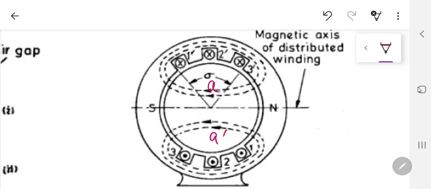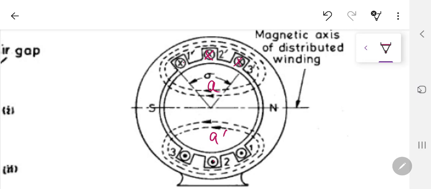because the current is going to flow inside one dash, and then it's going to come out from one. You're going to do some number of turns, and then it's going to go into 2 dash over here. Again, the current is going to go in, and then come out from the 2, and you are going to do some n number of turns there, and then again you go in 3 dash, and then come out of that 3. So over here, the A phase winding is spread.